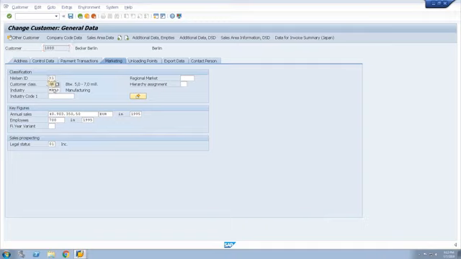The next is customer classification. We classify customers many times and group customers for different reasons. Sometimes we want to classify customers based upon the discount or the turnover they give you, or sometimes we group the customers based upon the discount or the price you want to offer to the customer. Okay,